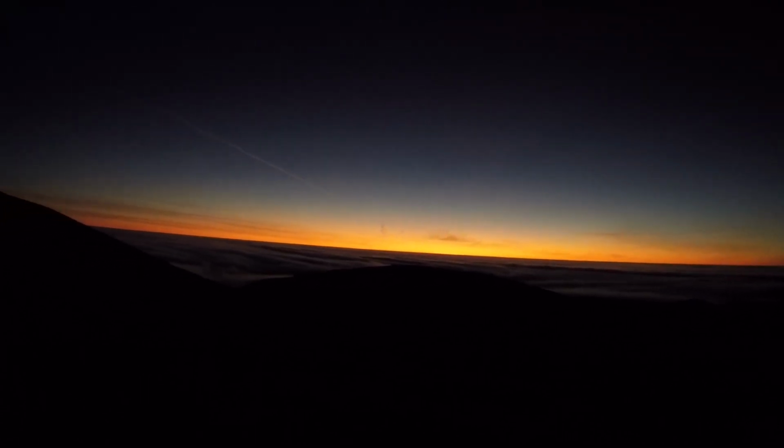Don't think the camera's picking it up, but the cloud base is starting to lift. My walk started over there in the distance in the valley, so